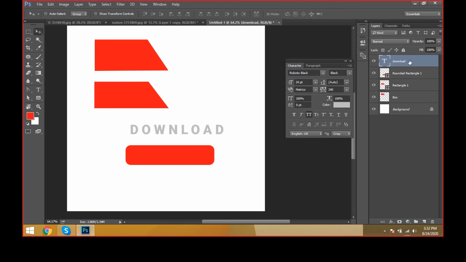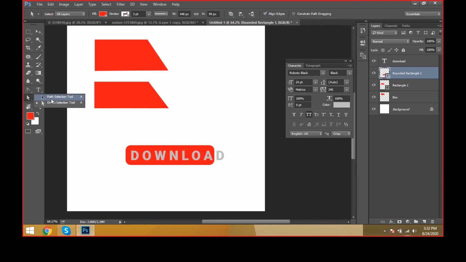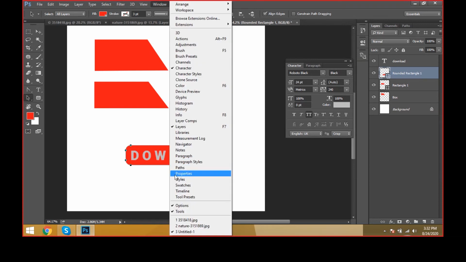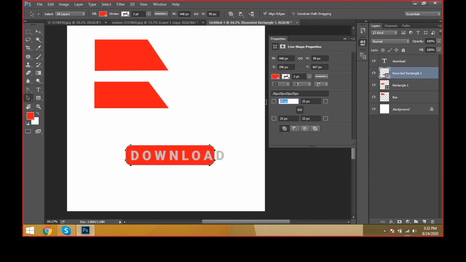I'm deleting the Krish layer and selecting only the download layer. I'm keeping the rounded rectangle tool. Take the rounded rectangle tool, select the path points, and go to the properties bar. Where is the properties bar? Come here in the Windows palette, take the properties bar, and give the rounded corner a little bit more, like 35, like 40,